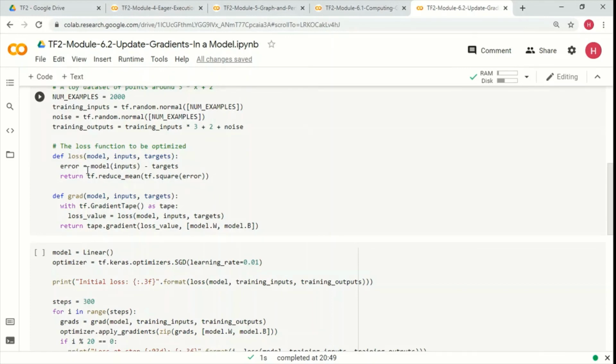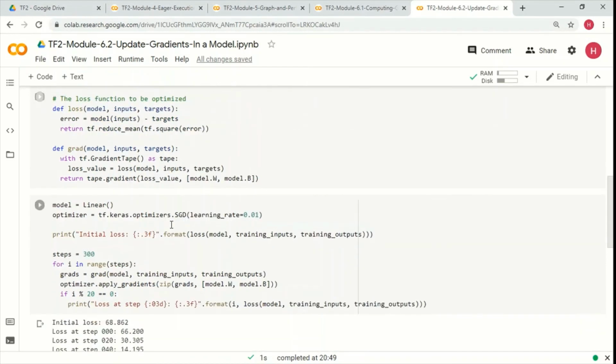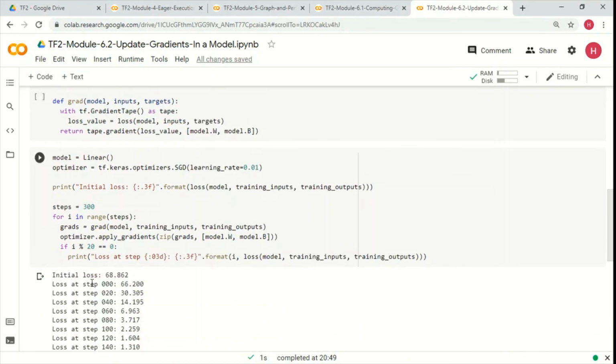So what's happening here, we basically get the predicted output using model, and we are passing the inputs here. The model is going to give us the predicted output, and that we subtract from the target. So that's our error, and then we reduce that error using the tf.square, and we return that. So that's how this whole loop is working.